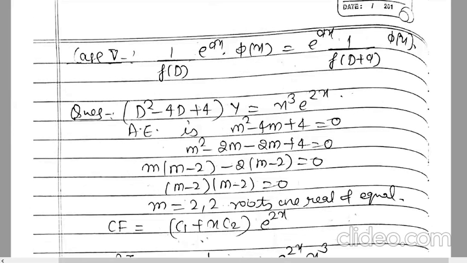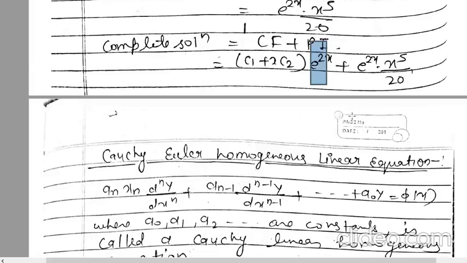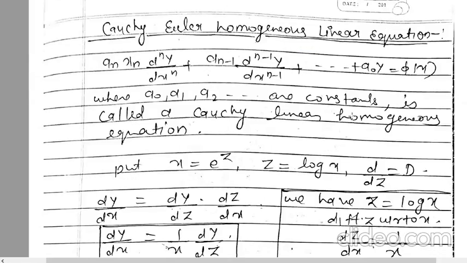You will do just one thing: d is replaced by d plus a. If two functions are given, one is your exponential function and another is your algebraic function or whatever is given, right? So you will apply the exponential first for the exponential function, then you will follow another case here. Now this is very important: the linear differential equation, the Cauchy-Euler homogeneous linear differential equation.